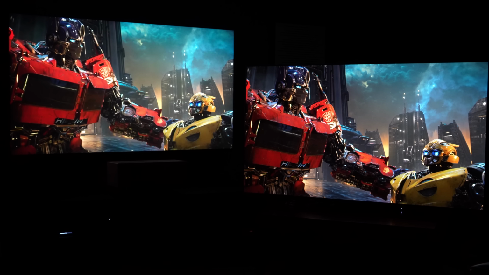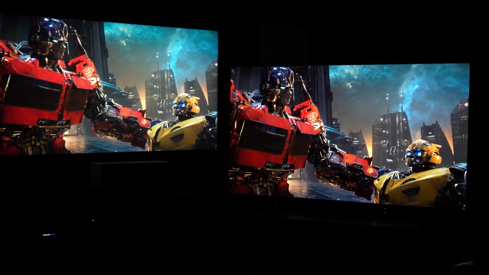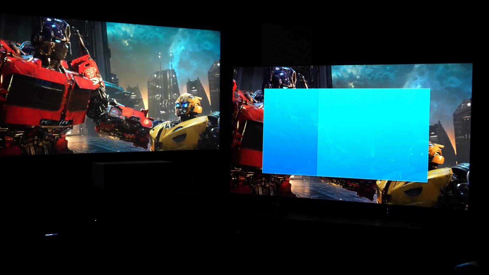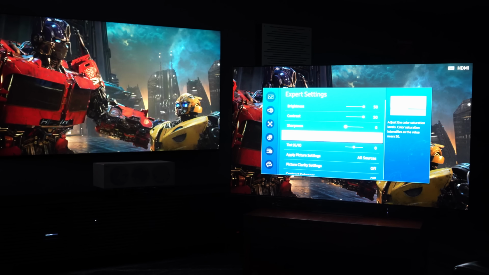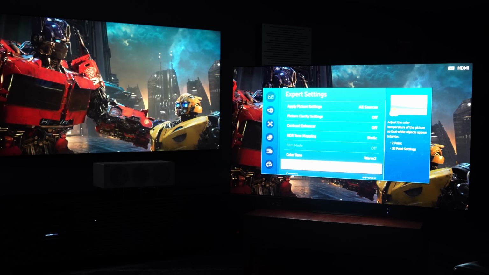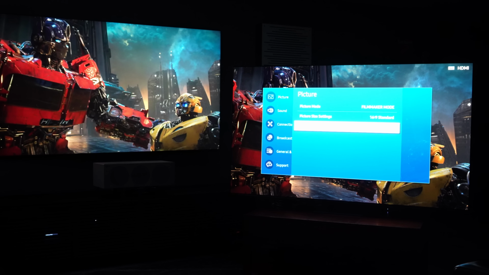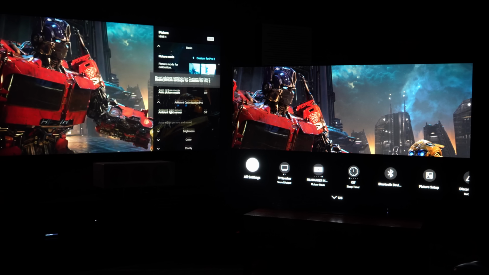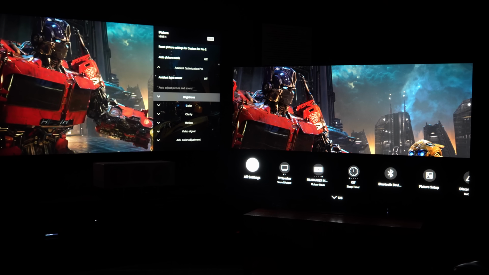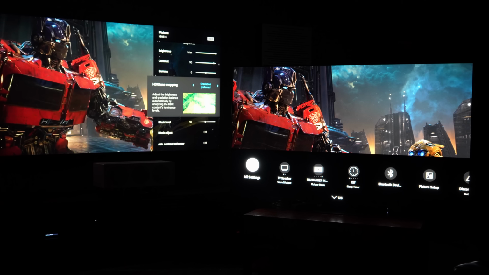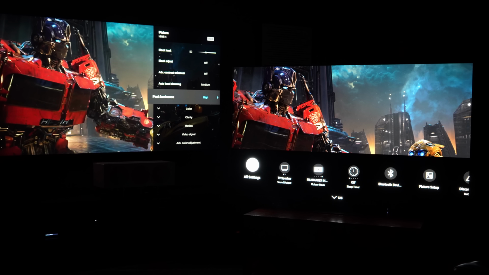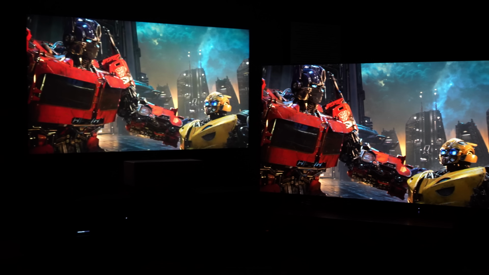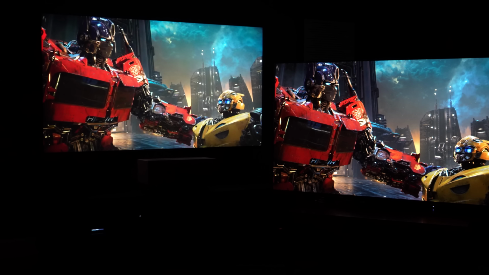Now, I went ahead and switched this back to its default settings. So right here is static for tone mapping, and of course, contrast enhancer is off on the Samsung S95C. This is all default as well. So looking at both of them,